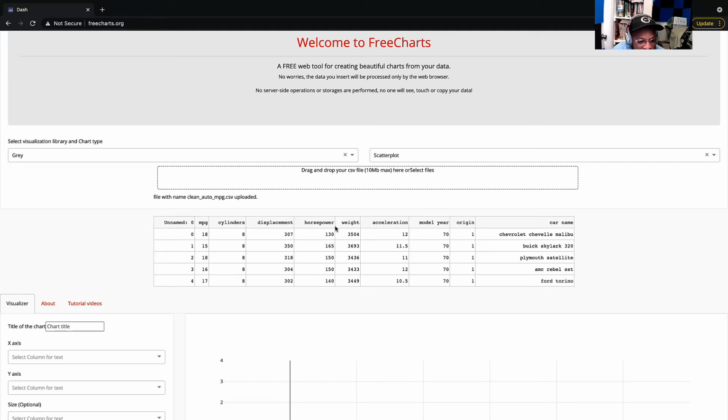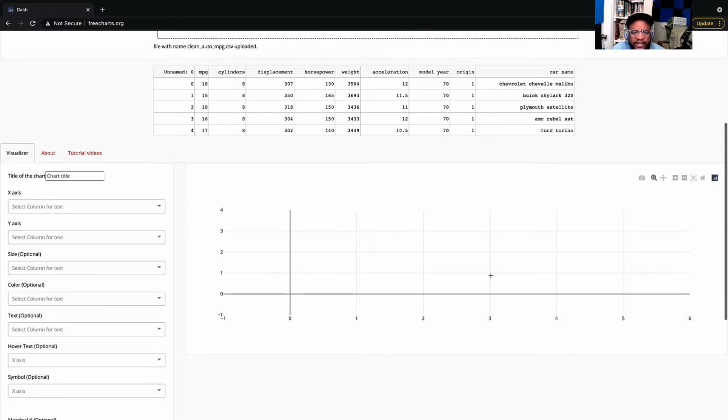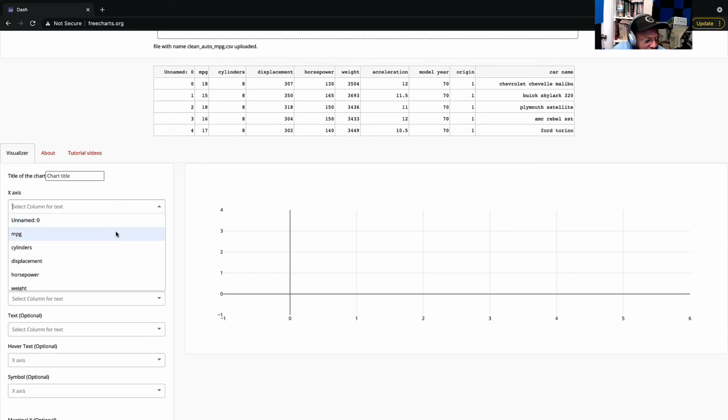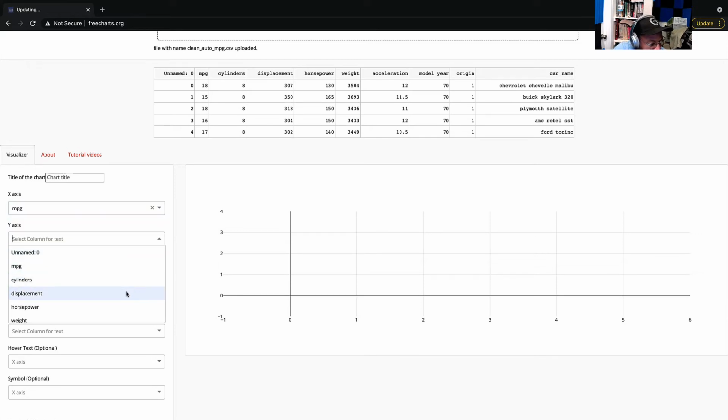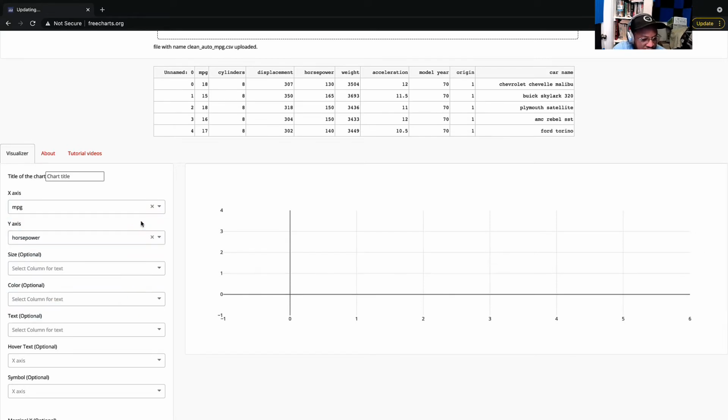So this is the CSV file I just uploaded. These are the top 5 rows. The idea with this is just so that you can have an idea of the columns that are available: MPG, cylinders, displacement, horsepower, weight, acceleration, model year, origin, and car name. So let's say I'm interested in seeing how the MPG and the horsepower are related. All I have to do is just select them here,